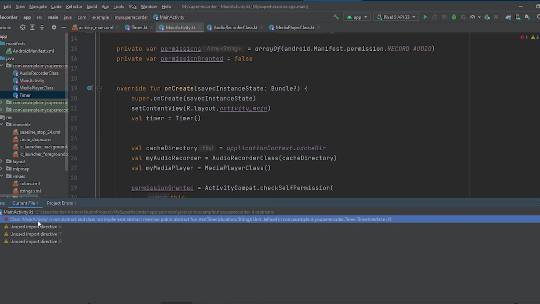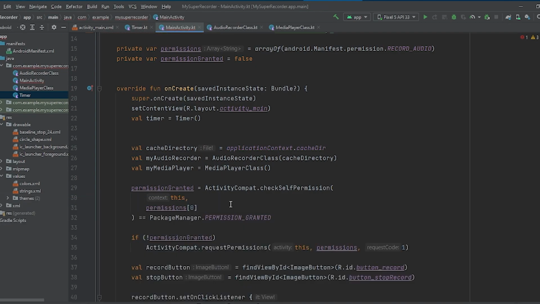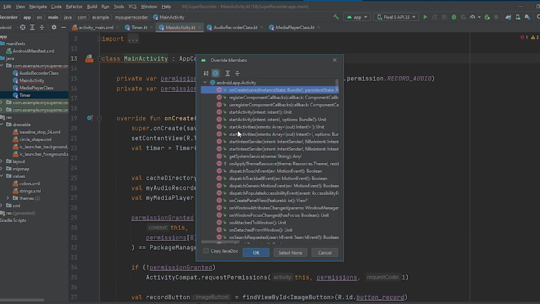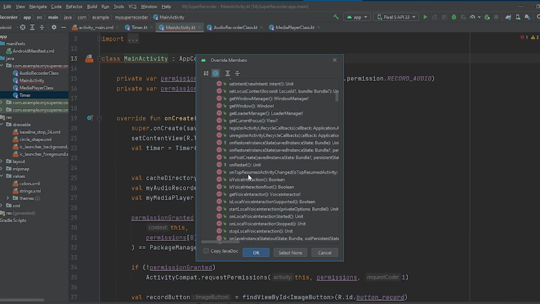Let me check this one. Common class is not attached. Duration divided. Control O and then use